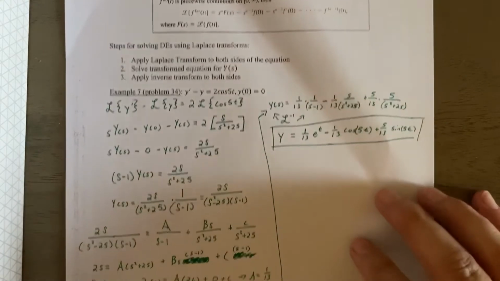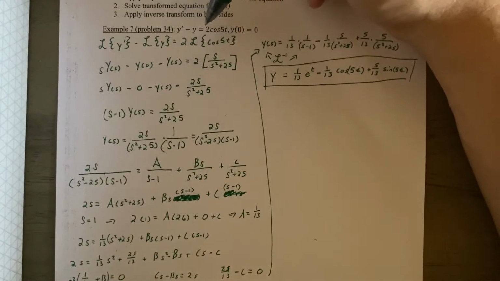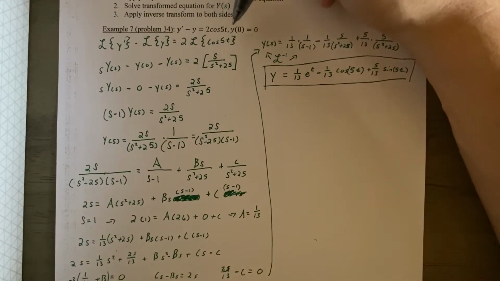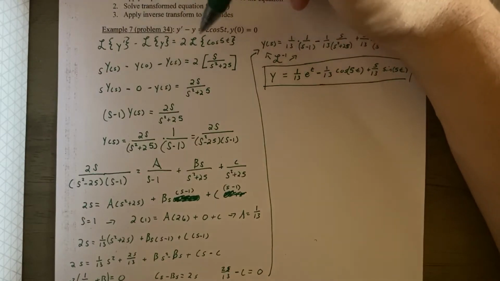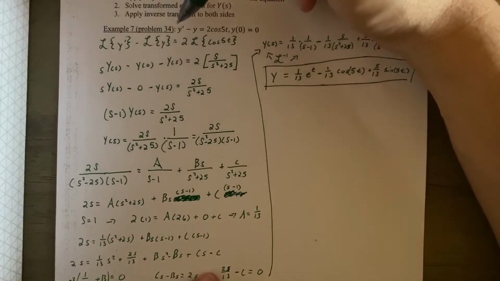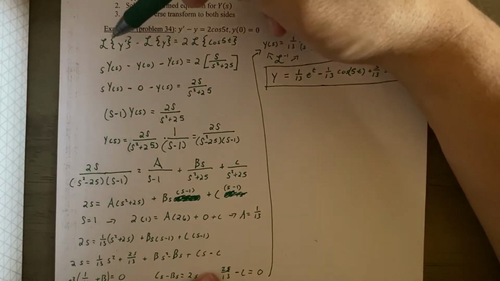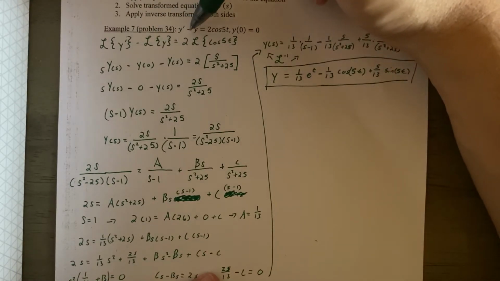So I'm going to show you the first example. Here we have the differential equation y prime minus y equals 2 cosine 5t, and we're going to need y of 0 equals 0. Now, when we look to solve this, the first thing to do is apply the Laplace transform. Because Laplace is linear, I can apply it to each term. So the Laplace of y prime minus the Laplace of y is equal to 2 times the Laplace of